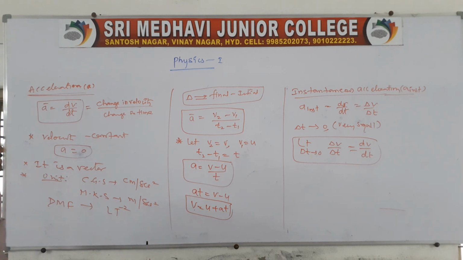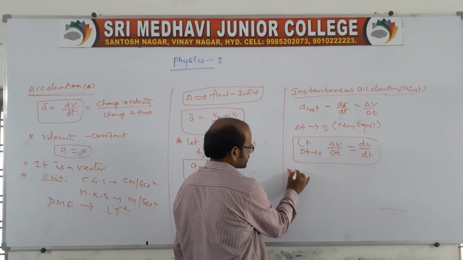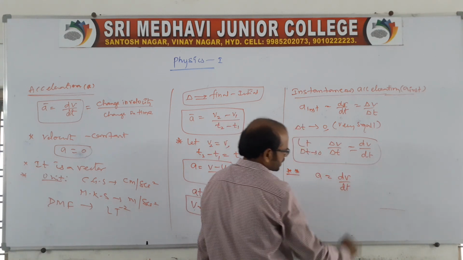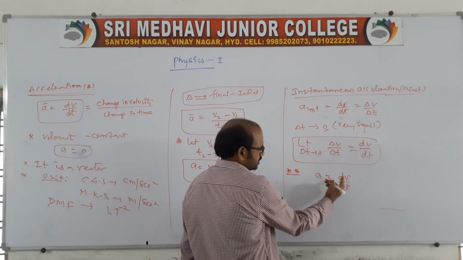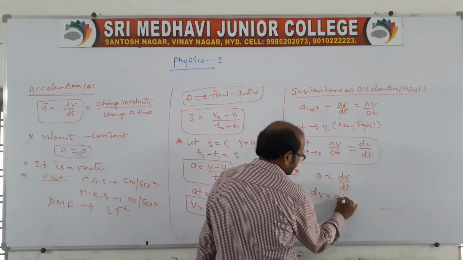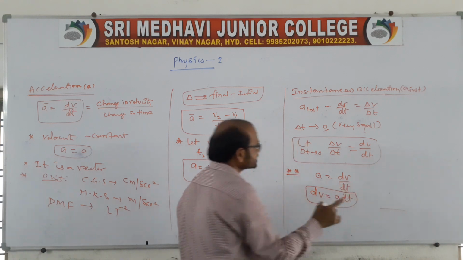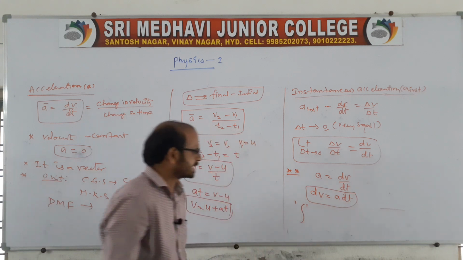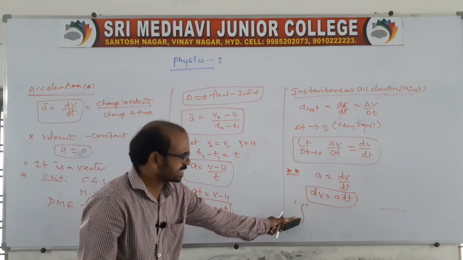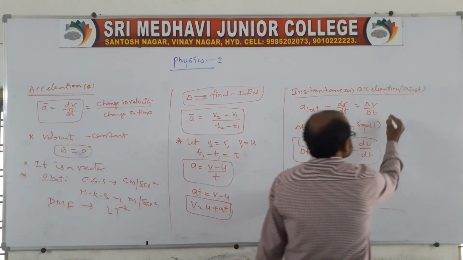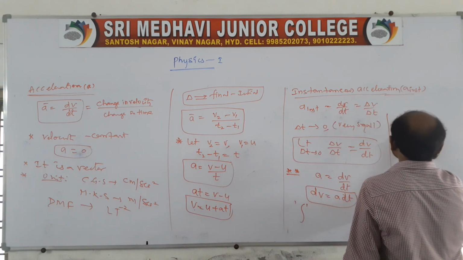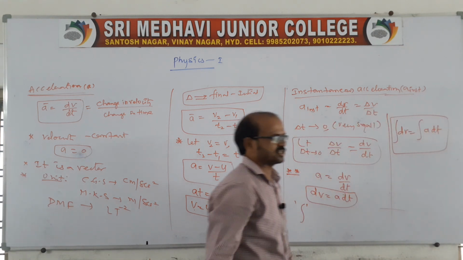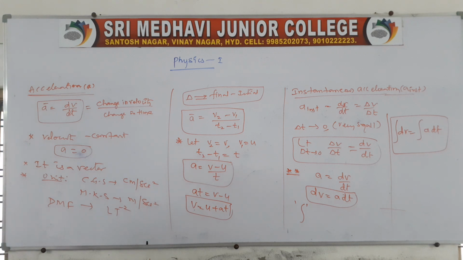Okay. So in this situation we can also take like this. Here there is some mathematical approach. a is equal to dv by dt, no? This is the velocity, and this is the acceleration. Suppose you cross multiply: a into dt is equal to dv. So in this case we should apply the integration method. In the previous class also I told you very clearly, this is the symbol of integration. So here we can take integral dv is equal to integral a into dt. So this is the instantaneous acceleration. Some relations, okay.